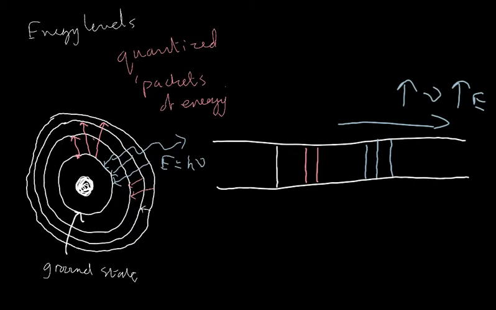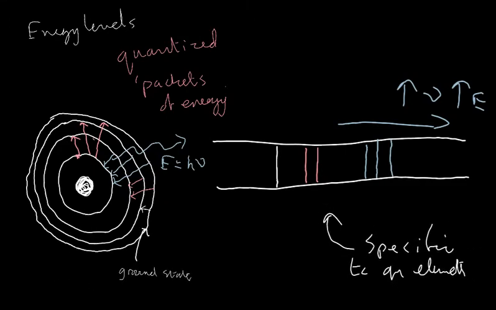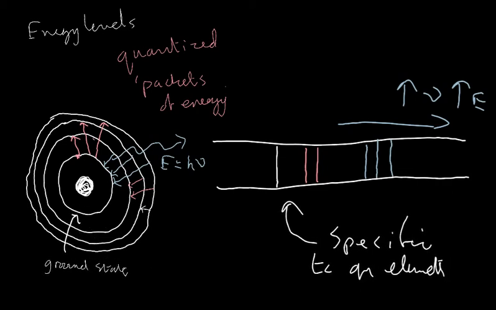And these here are specific to an element. Okay, so this series of lines will look different depending on what element you got there. So you can use it as a method of identification of elements by looking at where these lines are, how much energy each of those transitions, and what the frequency of each one of those transitions is, using the equation